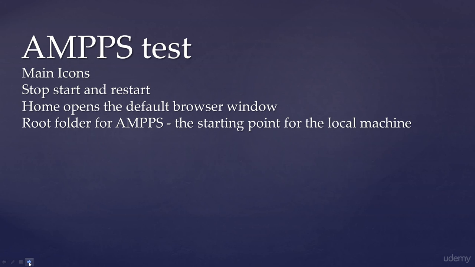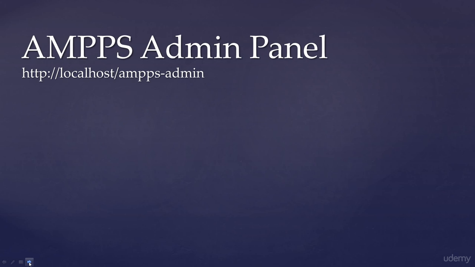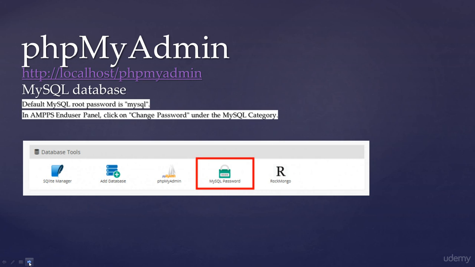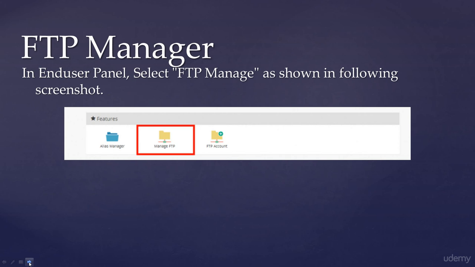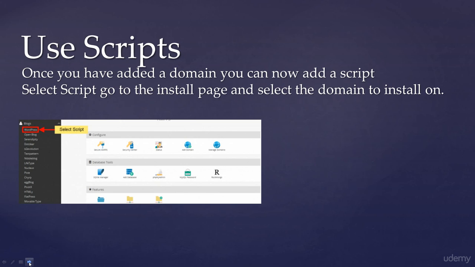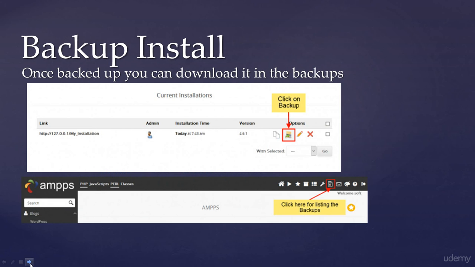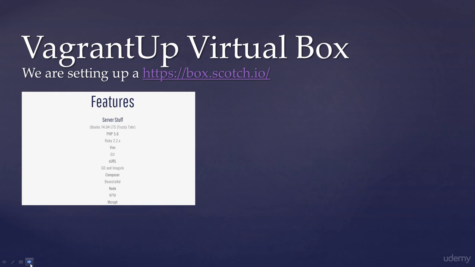So looking at the main icons, working in with the end user panel, what that has to offer, what the admin panel of AMPPS has to offer, how we can access phpMyAdmin, how we can set those passwords, the SQLite manager, FTP manager, how we can add in a domain, how we can use any number of the scripts. So again, there's a whole ton of scripts and a ton of stuff available in AMPPS. So how we can set those, how we can back up and install it, how we can update those scripts,